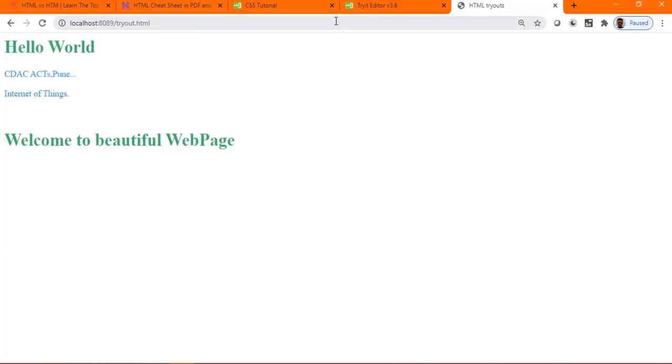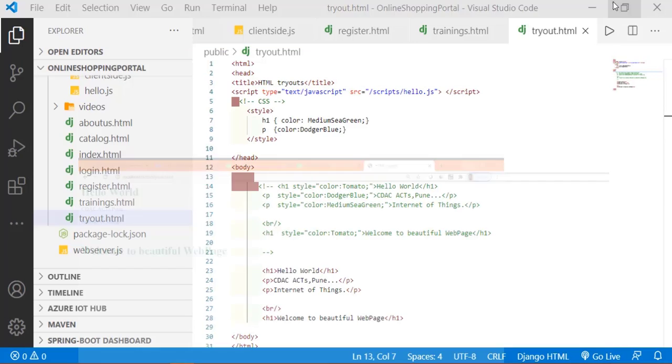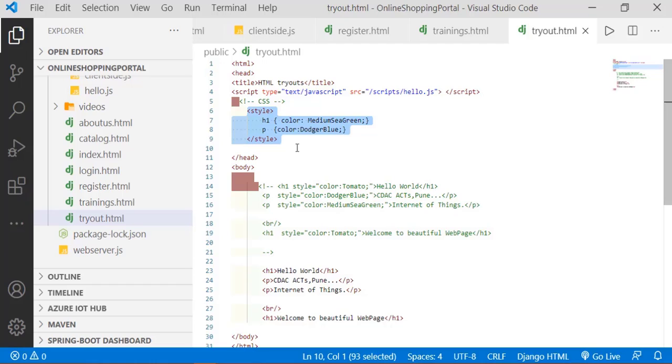So you can really define a style and keep that style within a document. But actually, we also have a concept: you can keep this style in a separate file whose extension will be CSS, and we call that a code behind file. So can we have our style sheet defined in a separate file? That separate file, my dear friend, we call a dot CSS file. There are chances I do not want to apply the CSS here. I want to apply the CSS externally.